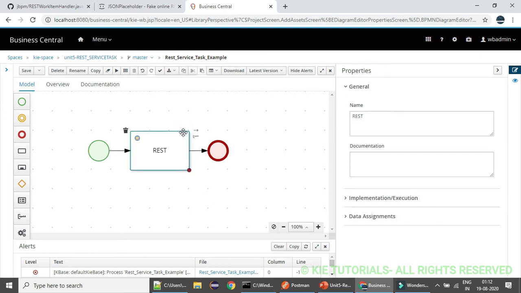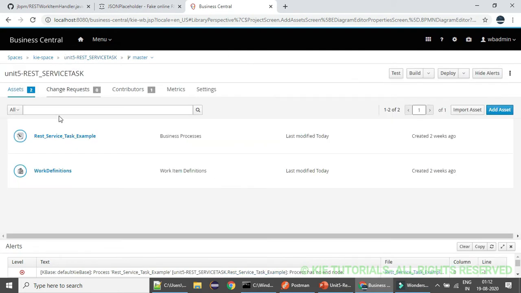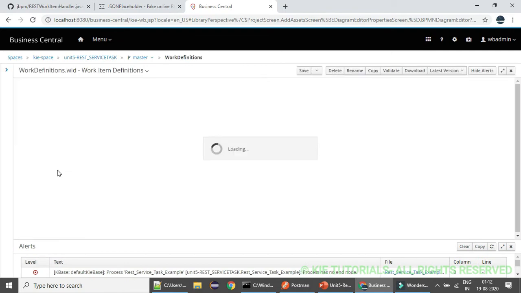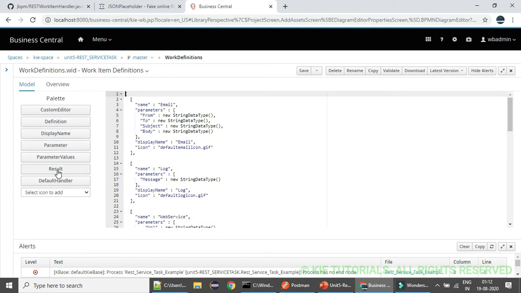Now, how is this REST service task populating in the service task panel? We can go to the work definitions. This is the place where all the service tasks are registered.